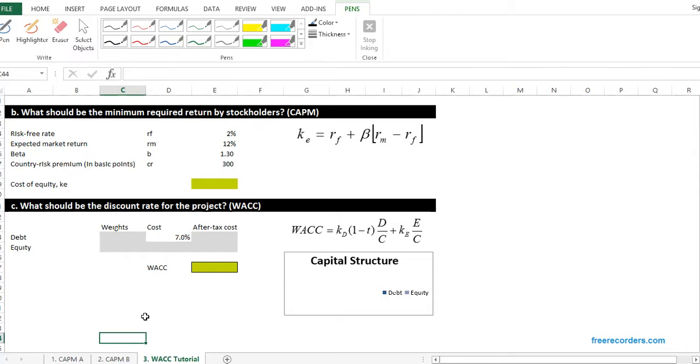Therefore, we will estimate the minimum return for shareholders using this model, which is a very common way to do it. But there are other alternatives, and you should always have a subjective idea of the minimum rate you would like to obtain